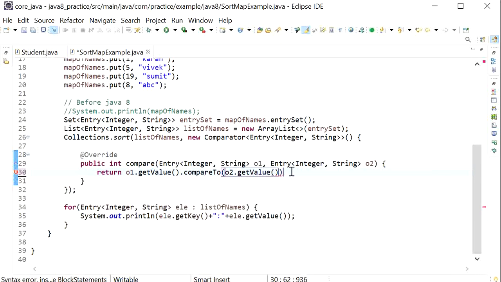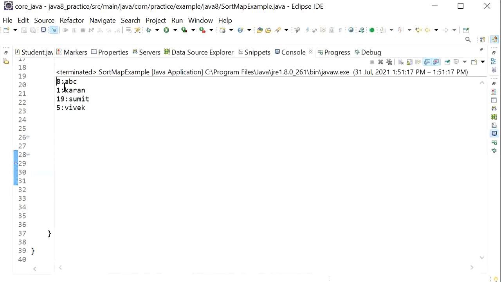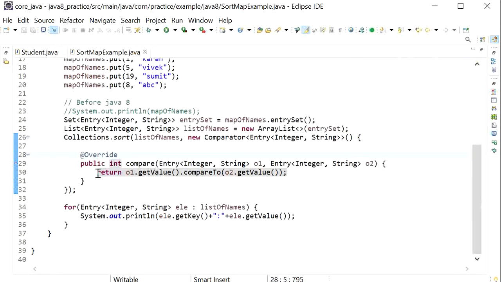It will provide the sorting order of elements based on its value. Here we can see the output first A, then K, S, and in the last V. So if we want to print and store all the elements of the map in sorting order based on its value, then we should go for this implementation.